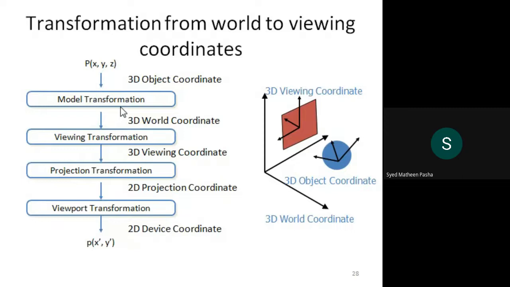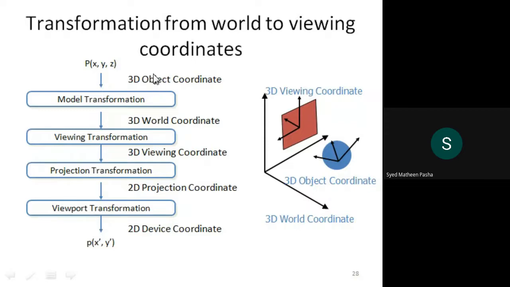I can tell these are model coordinates, that are the inputs given to the model transformation. As we know, the modeling coordinates are the inputs for the model transformation, which are represented in the form of a 3D object. That is, 3D object coordinates are passed as an input to the model transformation, where you get 3D world coordinates as an output of the model transformation. If you want to perform viewing transformation, you need to give as an input the 3D world coordinates, so that you will get 3D viewing coordinates. So you need not confuse it.